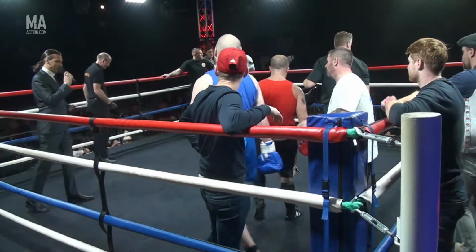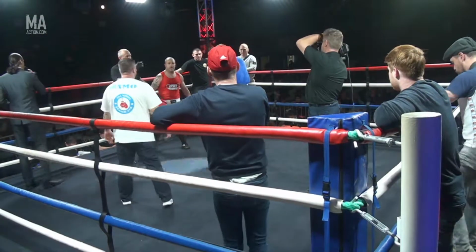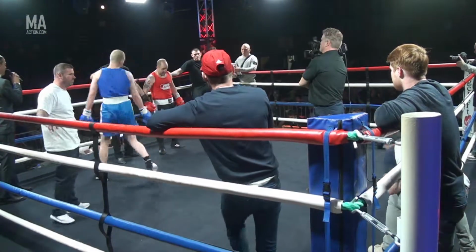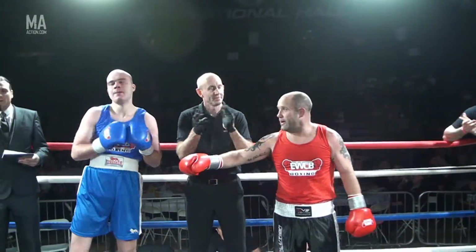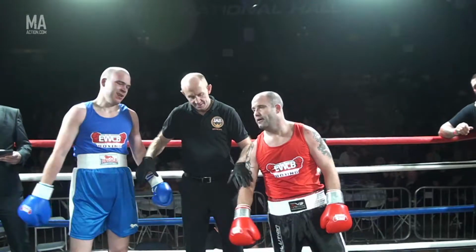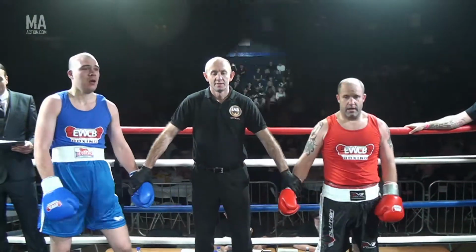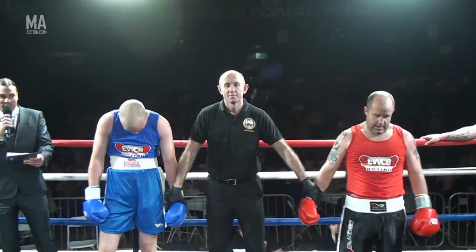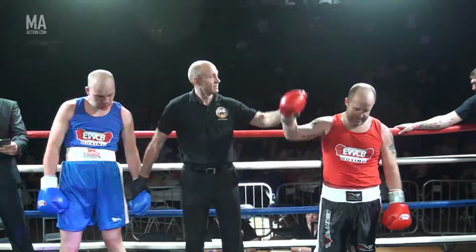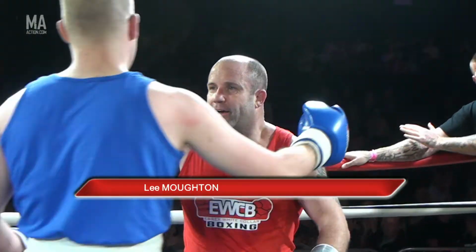Boxers, please, to the centre of the ring. Ladies and gentlemen, once again, please raise the room for both these boxers, raising lots of money for charity tonight. After 3 rounds of Essex white-collar boxing action, we do have a unanimous decision, and that decision goes in favour of the red corner, Lee Moulton. Ladies and gentlemen, please raise the room for